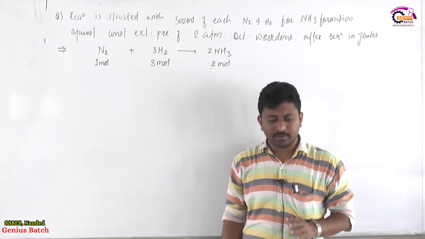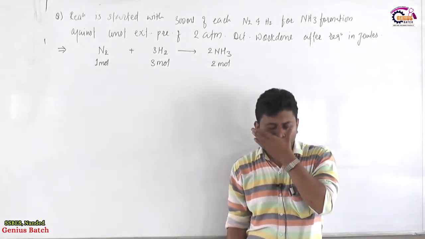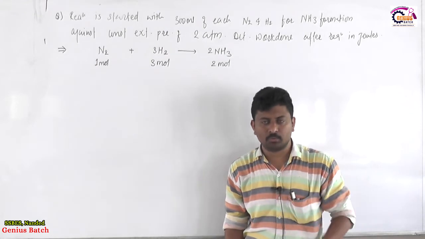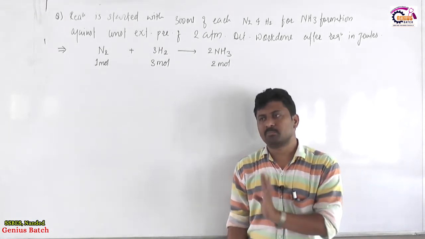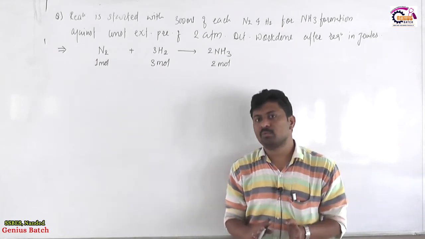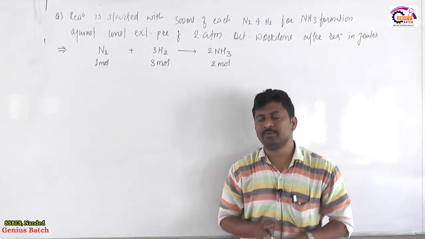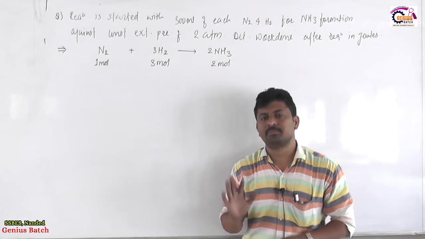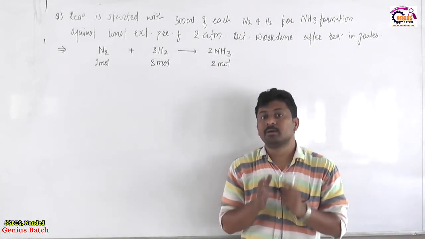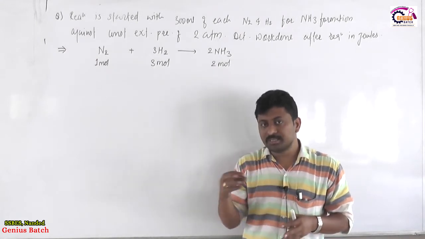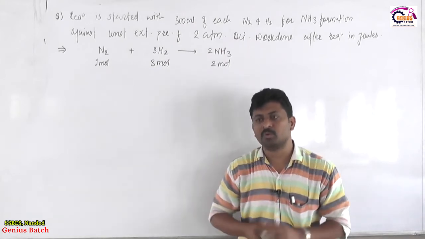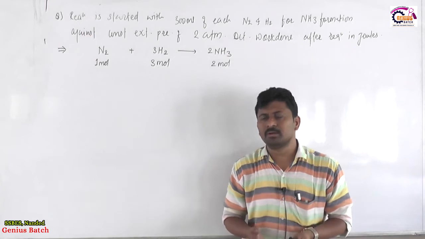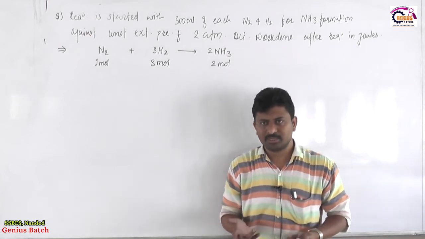The amount of product will be half the value of the reactant volume. Reactant total moles are 4, product moles are 2, so the number of moles is getting halved, which means the volume of the product will also be half. Which volume? The volume which is involved in the reaction; the product will be half of that volume. The volume which is not involved will remain unreacted. There is no question of it.